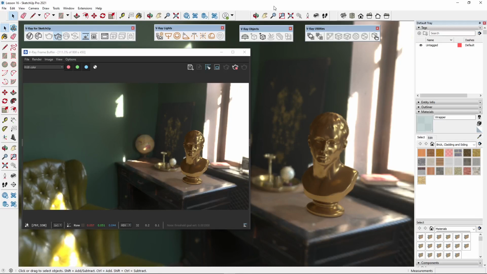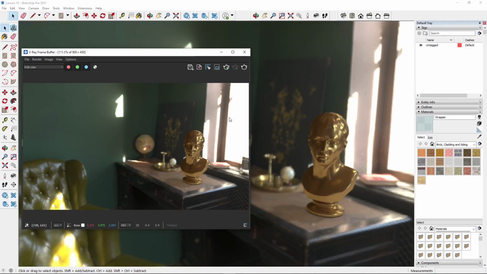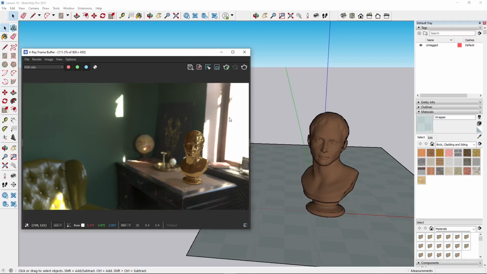In this video, we're going to talk about image-based lighting, also known as IBL and HDRI. These are images that can give you the background for your image, the lighting, and also the reflections. So we're going to see how this technique can be applied here in VRAY for SketchUp, what parameters we will need, and what tools and steps we need to follow